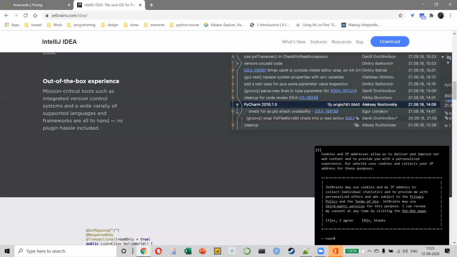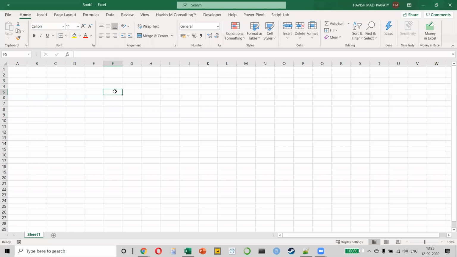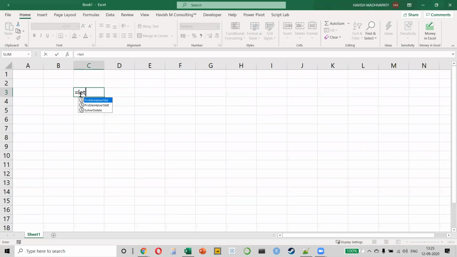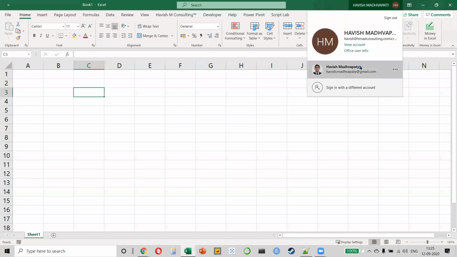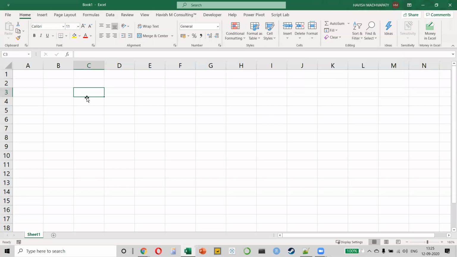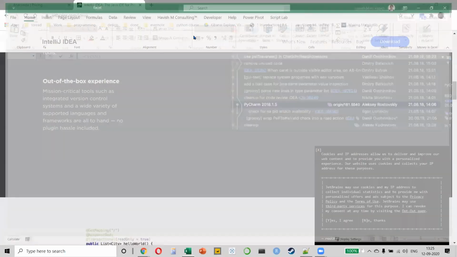Okay, give me 10 seconds. I think my updates were installed. So if you give me a moment, let me just see if my Excel is working or not. No, it's still not working. It's very irritating, but just give me a moment. Yeah, so some of these things are not working.